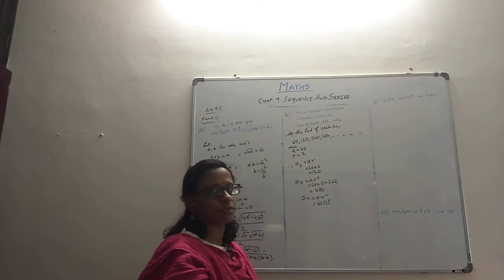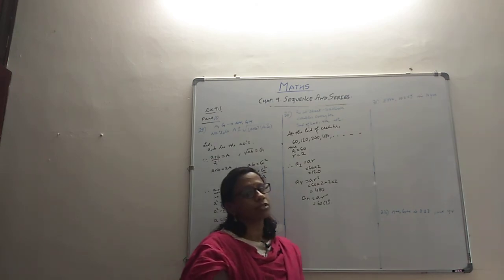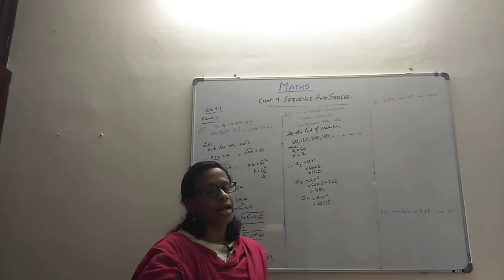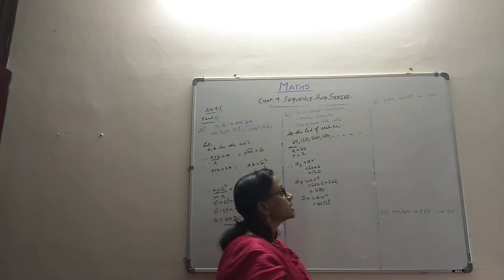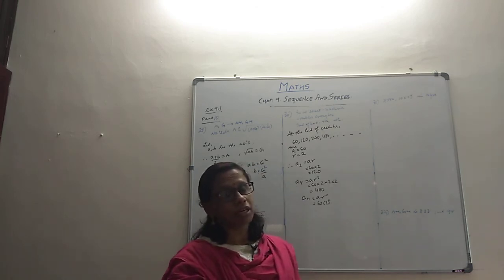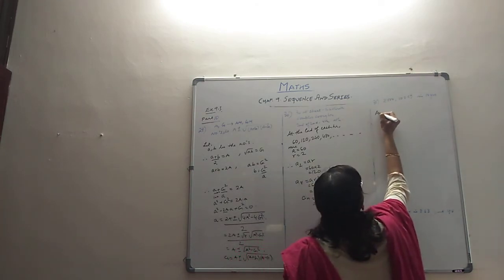Let's look at the problem number 31. Problem number 31 says that there is a person who is investing 500 rupees and then he is getting a compound interest of 10%. I think the question is asking what is the amount that you get after 10 years. So amount at the end of the first year,